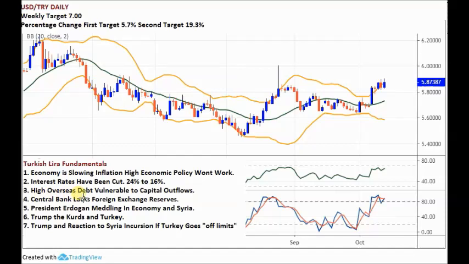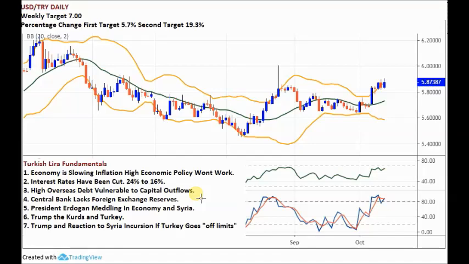got high overseas debt. Businesses heavily in debt to overseas banks. Very vulnerable to capital outflows from Turkey just because of what's going on with the political situation or geopolitical situation in the background, which I'll come to in a moment. So people investing in Turkey might start to pull their capital away. Banks lending into Turkey are going to lend less, in our view, probably not roll over existing loans and not